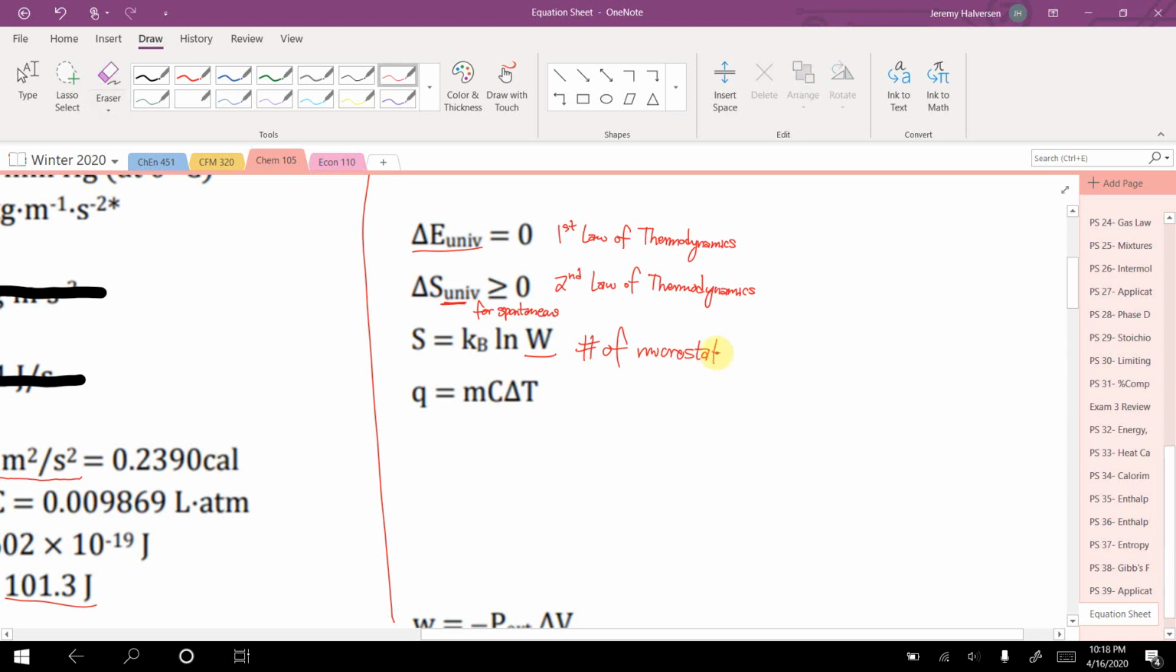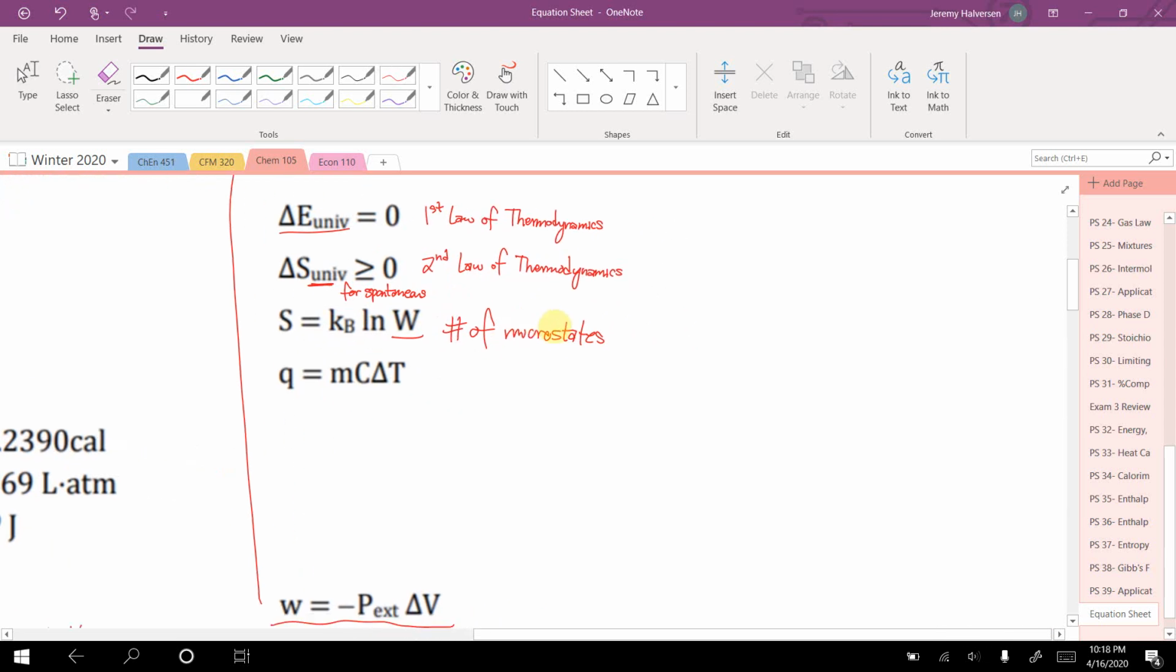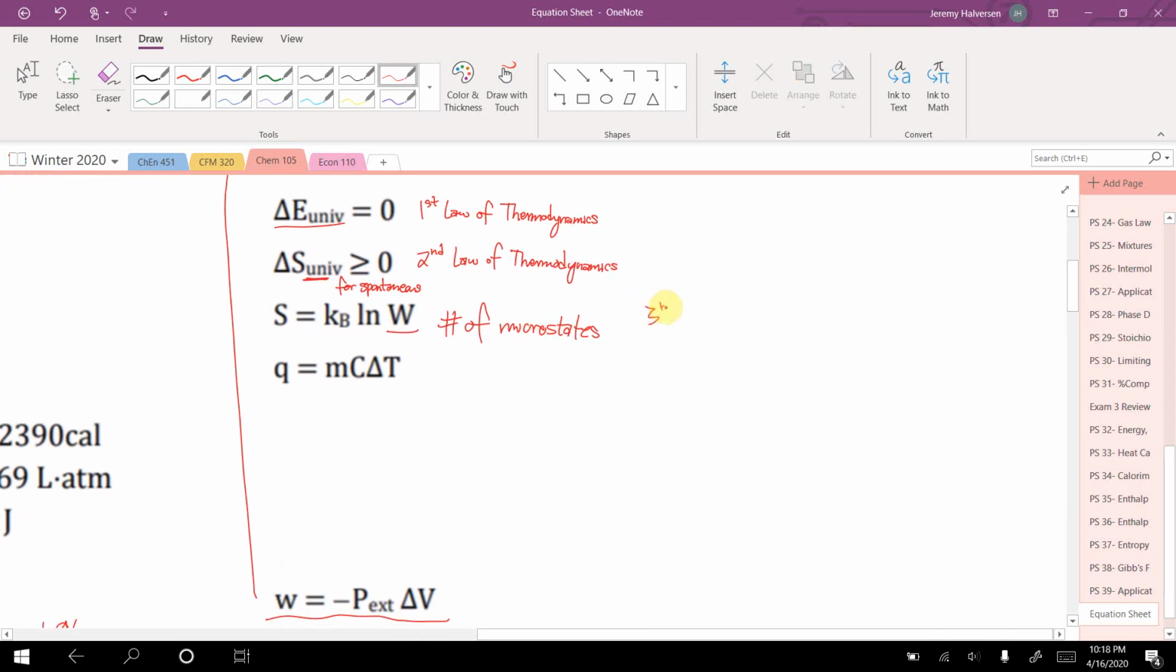Number of ways that something can be arranged. That's a microstate. So that's how you would actually calculate the entropy of something, but I don't think you ever did that. Okay, what is important to know is the third law